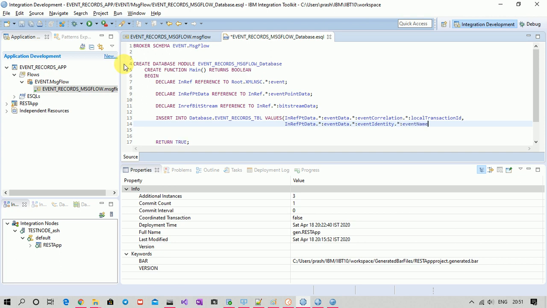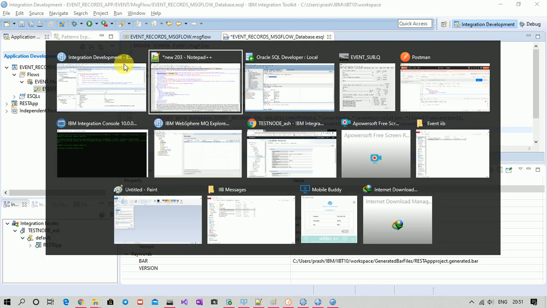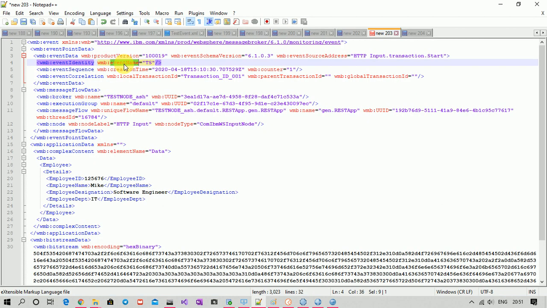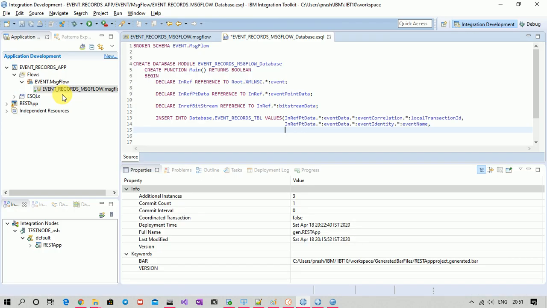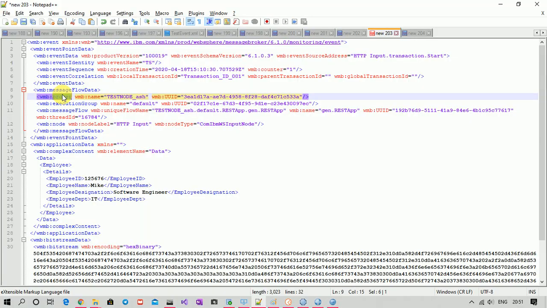Event name. Okay, now the next thing is broker name. So my broker name is here, under message flow data. Okay, so in ref pt data, copy the message flow data.